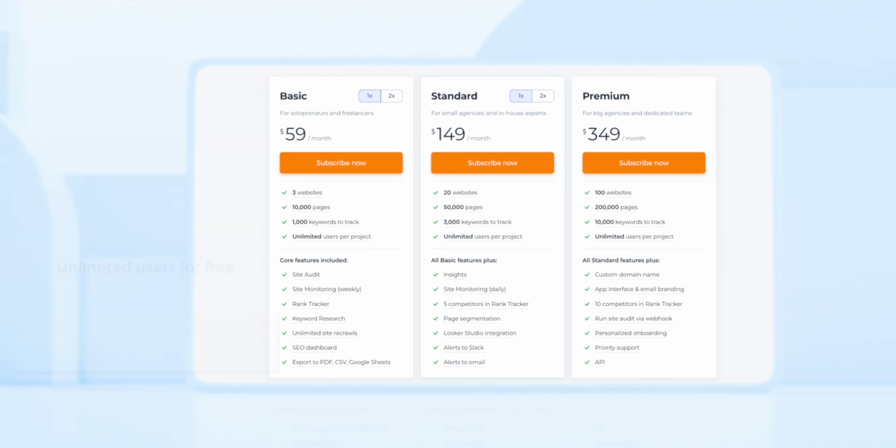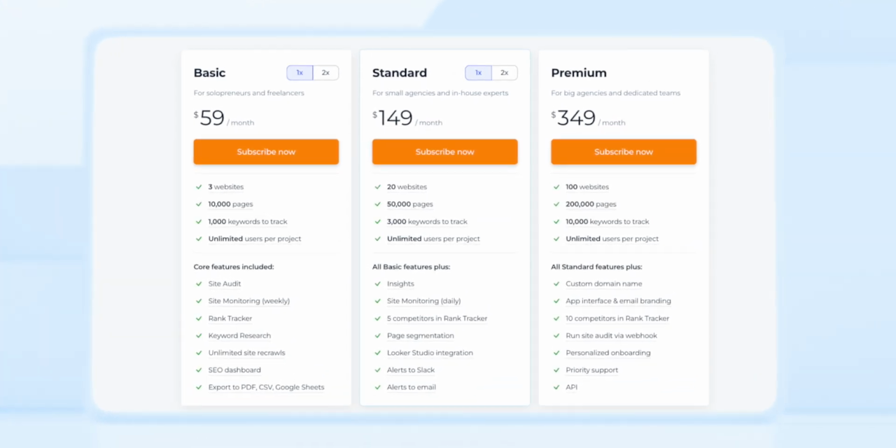If you want an affordable and effective way to manage your site and boost your SEO, Sitechecker is the way